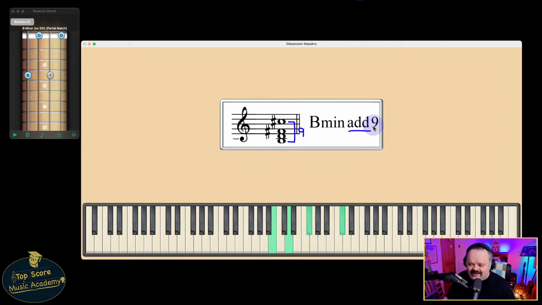And when you are adding it in, you are literally just adding that in with nothing else. Okay, there's a note that would be missing if you wanted this to be just a B minor 9 chord, B minor 9. You would need to have the A in there. Okay, so maybe we could try and find that in here, because we actually don't. There's one note that we don't need, and it's mentioned here actually, the 5th. Don't actually need that F sharp. So if we take that F sharp out,